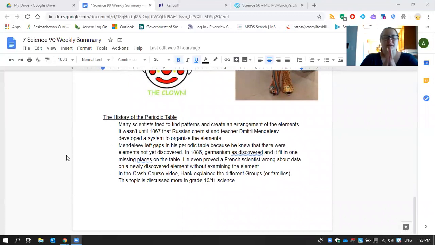Okay, last little bit here is talking about the history of the periodic table. So we learned all about Dmitry Mendeleev's rather sad life. His father died at a young age. His mother tried to put him through university. So in order to get money, she tried to get a glass factory going, and then a year later it